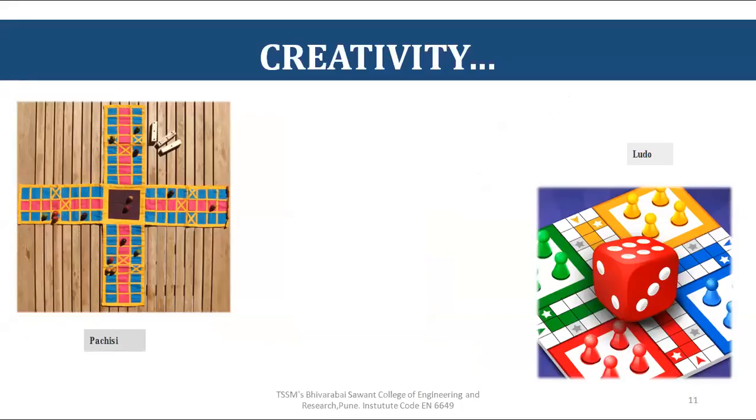Dear friends, let me take one more example. I think on your right screen, you can see the Ludo game. Most of you are familiar with it, but we are not that much aware that the history of Ludo is associated with India itself. In the 6th century, in the era of Akbar, this game was invented in India, known as Pachisi, and it was played with so much interest at that time. So creativity is a very, very important link of engineering graphics to convert your idea into reality.